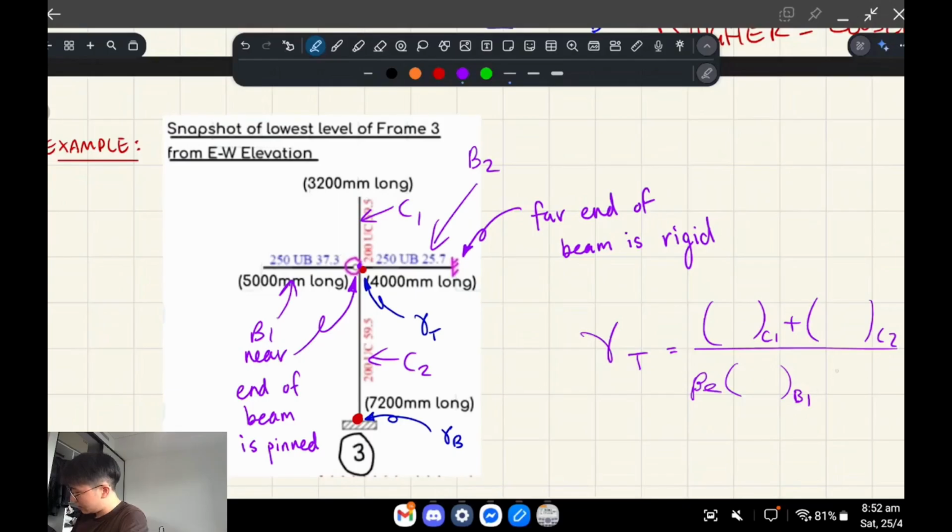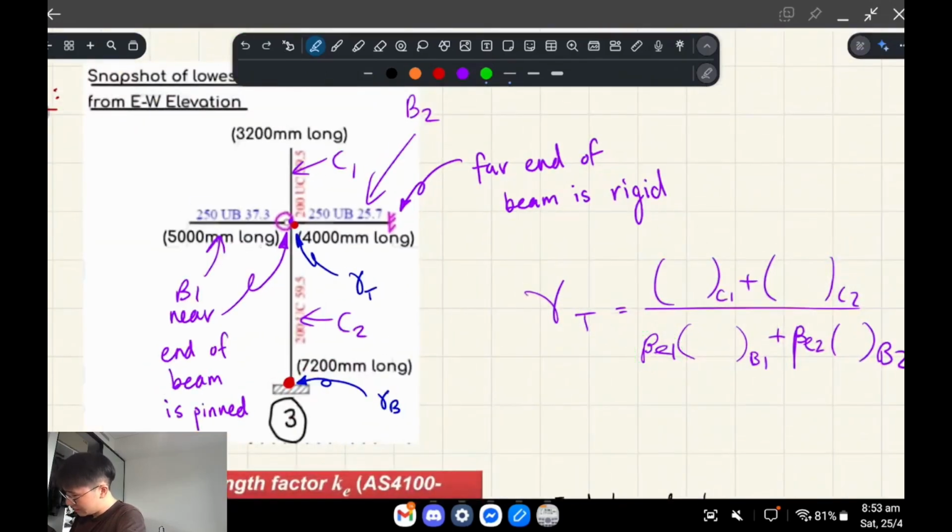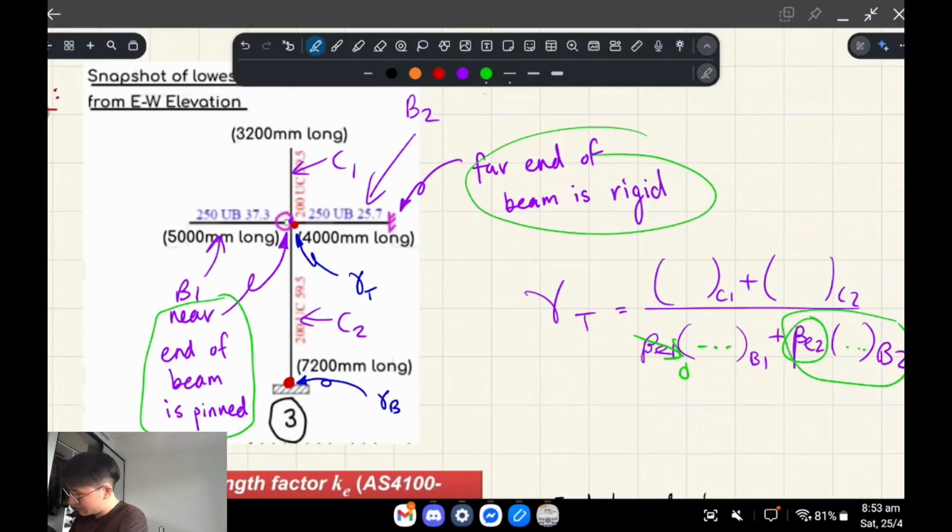So this can be a different BE value, by the way, and that's B2. So the idea is that B1 is pinned. The near end of the beam is pinned, and so this ends up being 0, and therefore we don't need to calculate that stuff. But this one we'll need to calculate, and then BE, the far end of the beam is rigid, and so